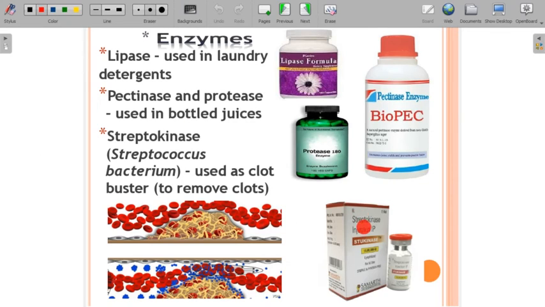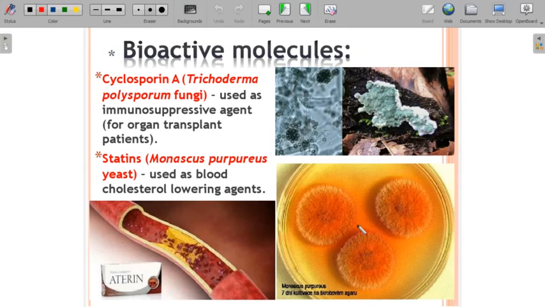And this is an injection called streptokinase, a product obtained from Streptococcus, which is a bacterium. This is used to remove blood clots. So people who have blood clots in their blood vessels are given streptokinase. So streptokinase is obtained from a bacterium called Streptococcus, used to remove the blood clots. Only three more are there, and with that I'll finish it off.